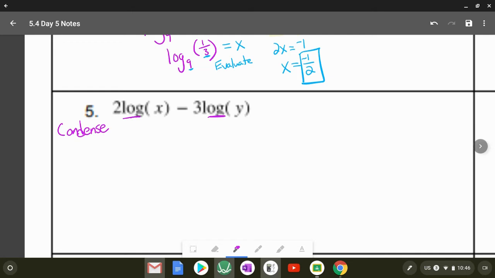What it means to condense is we want to take all of the logs and condense it as much as we can into a single log. So the first thing we want to do is, you can't add or subtract 2 logs until everything is inside their individual logs. So we notice this 2 is out in front. We can't condense it with another one until we get it to the inside. So if you look at the top,